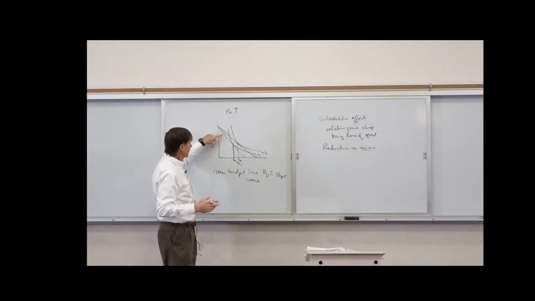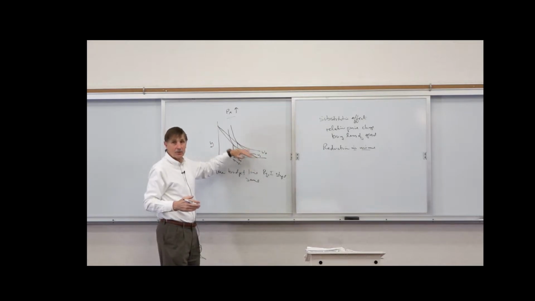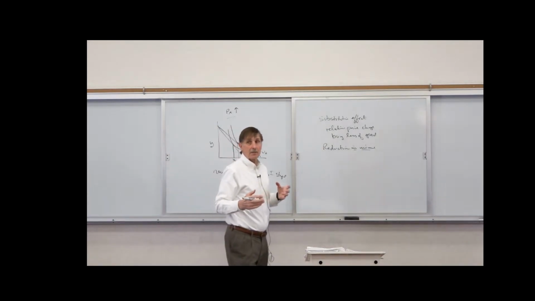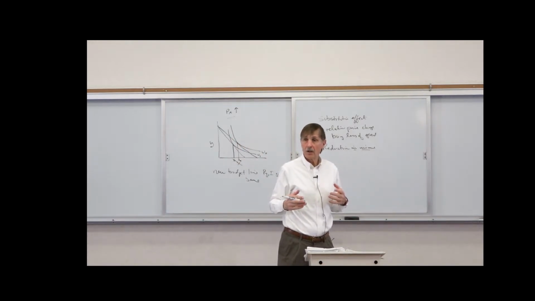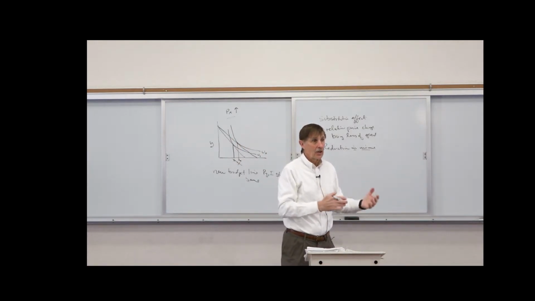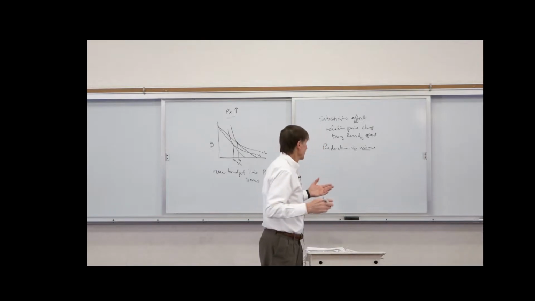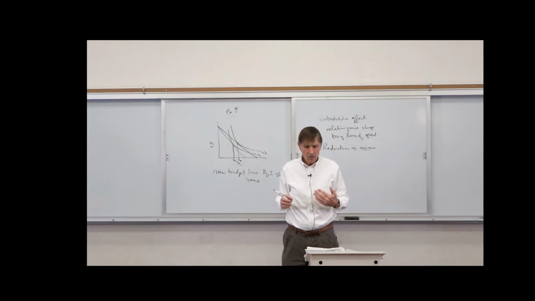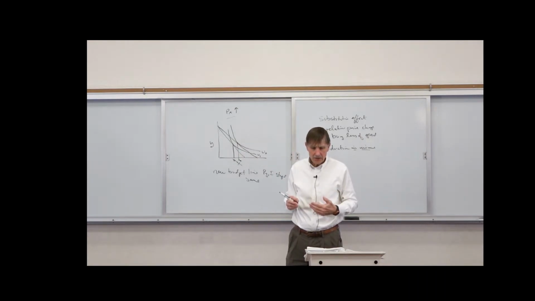All that area above the new budget line and up to the old budget line, you can't buy that stuff anymore. So your income went down. So I had two aspects of what happened when I altered the price of X. I changed the relative prices, but I also reduced your income. And so what we want to do is distinguish between these two things